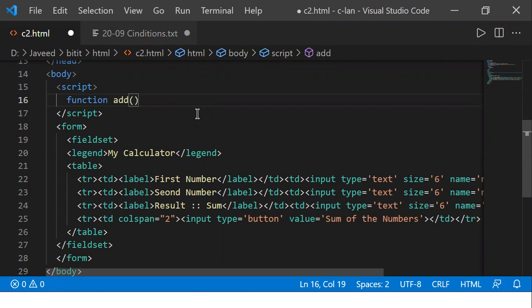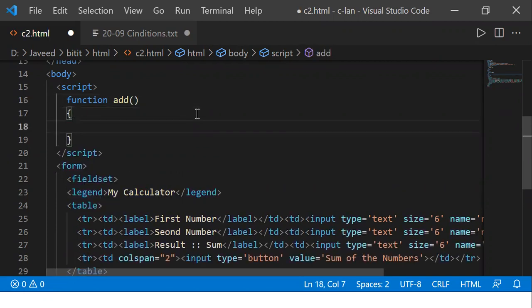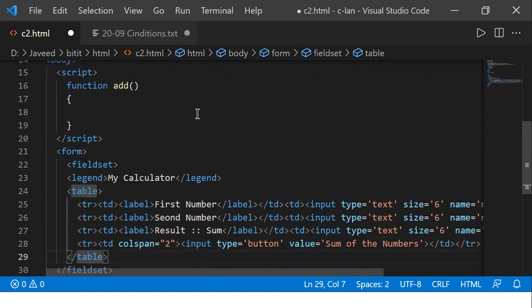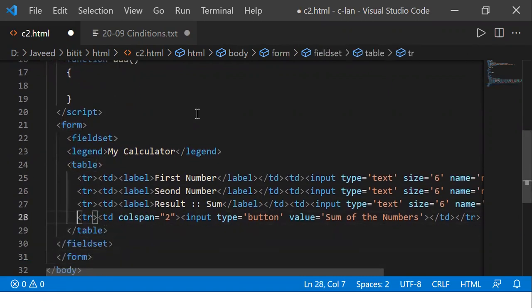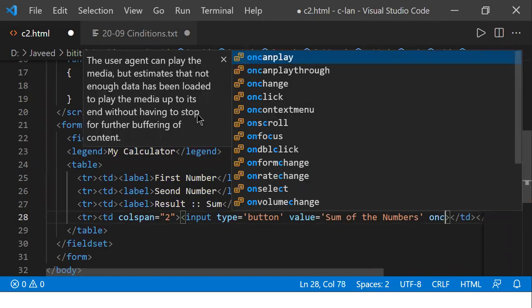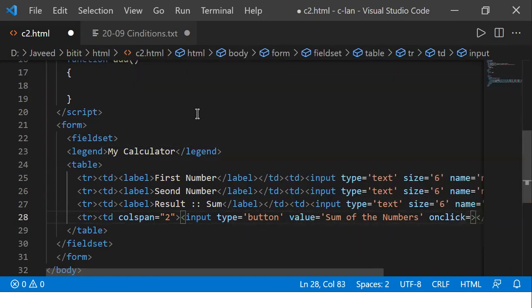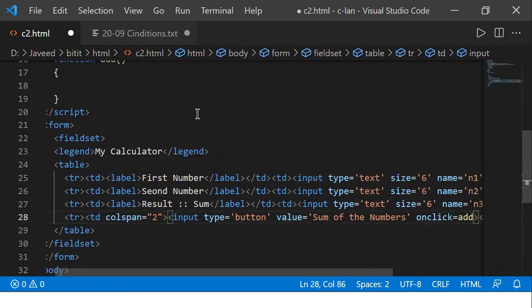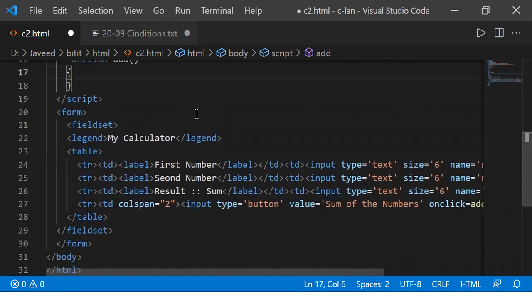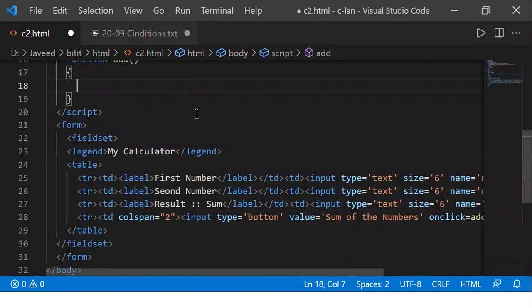Now I'm not passing anything for this one. I'm just using empty parenthesis there. Now what I want is, when I click on this button, this code has to be called. To call that particular code, I'll make use of the button there. For the button, I'll write onclick. I'll say onclick is equal to add. I'm writing onclick is equal to add. That means when I click on the button, you want to call that add. That is what it means for me there.